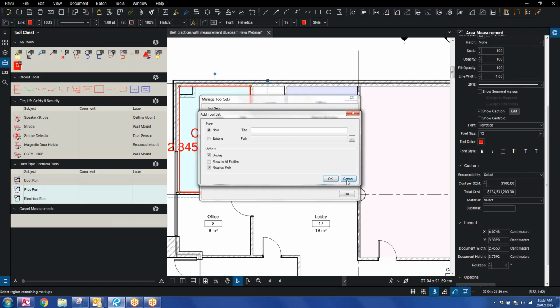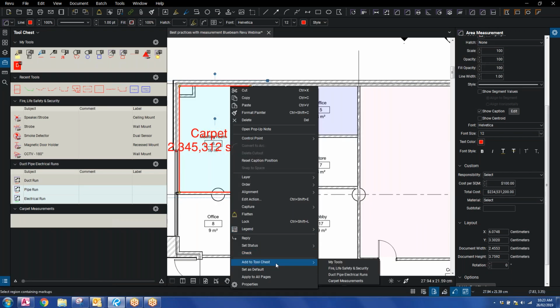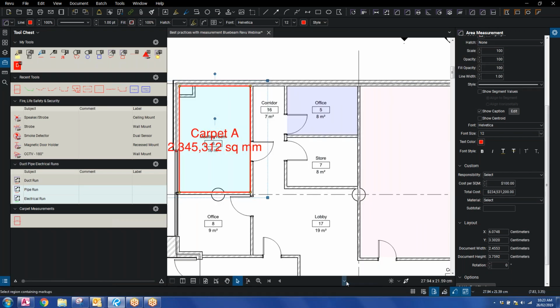Oh, it's there already, so let me get out. Okay, so over here, now I just do a right click, add to tool chest, add to my carpet measurements. So here it is. Let me go to my details. So this is my area measurement, carpet A, but I'm going to change this into properties mode